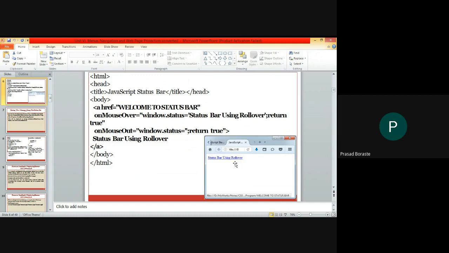Whenever I remove my cursor from that text, the status will be invisible. This is the rollover effect. In the rollover effect, we have used onMouseOver and onMouseOut properties to change the message of the status bar. So on a rollover event, we can set a new message to window.status.